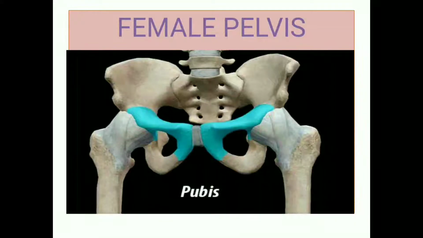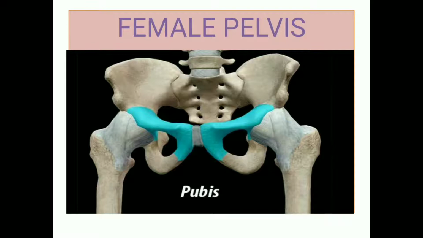Hello everyone. So today we are going to start with gynecology. And in gynecology we'll be starting with the female pelvis. We are discussing the female pelvis in order to learn more about the mechanism of labor. So in order to learn about the mechanism of labor, first you have to learn about the female pelvis, because this is the main place where the baby will stay for 9 months. So this part of the female body is where the baby is going to stay for 9 months.